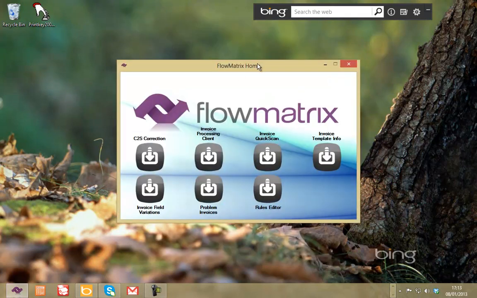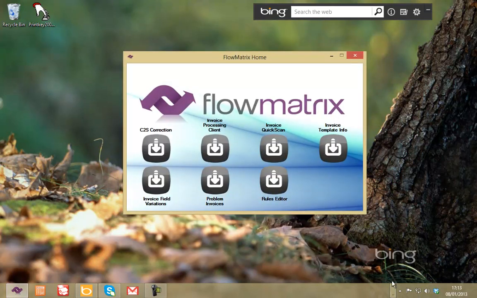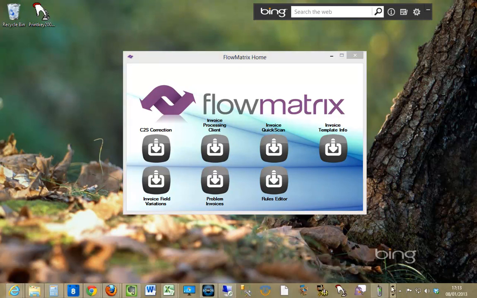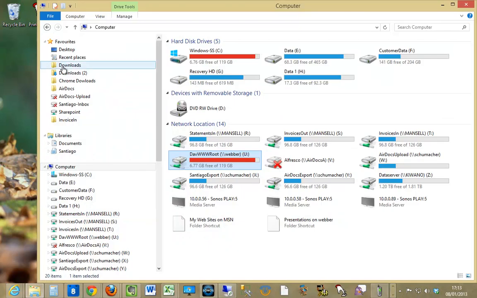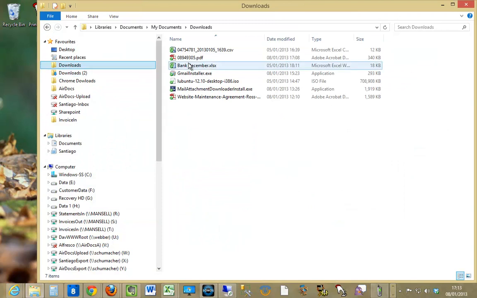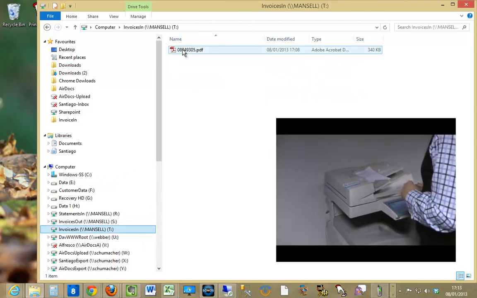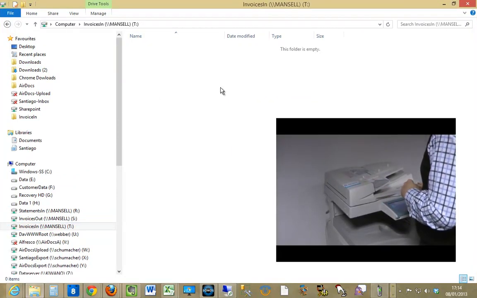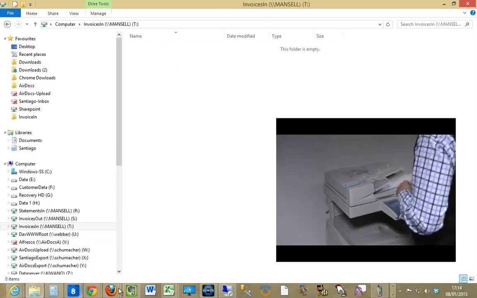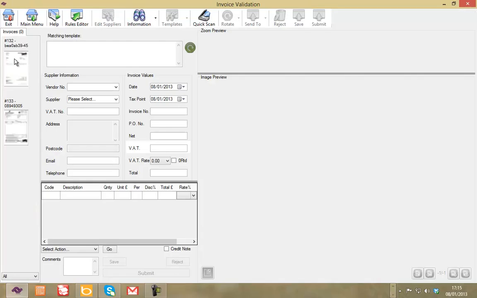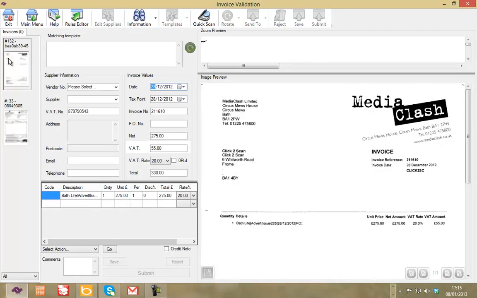Now what we can also do is have any number of hot folders being monitored. So I'm going to pop up an invoice that's been emailed to me, and I'm going to drop it into the inbox folder, or the invoices inbox. Now this is exactly the same scenario as somebody scanning an invoice on a copier and having it sent over to a network share. When we go back into FlowMatrix, the first invoice has been scanned and read, and we